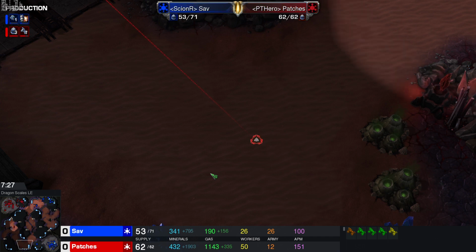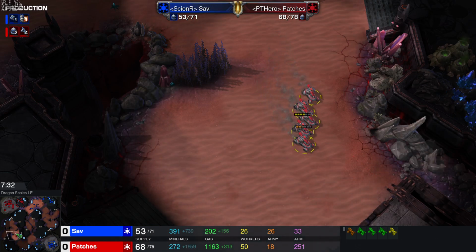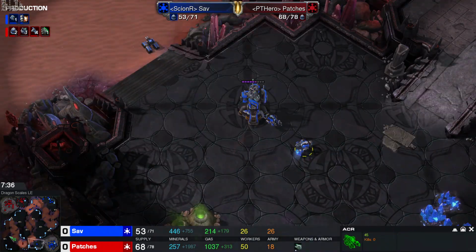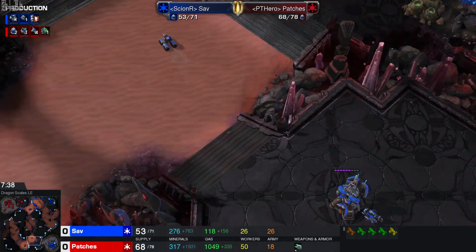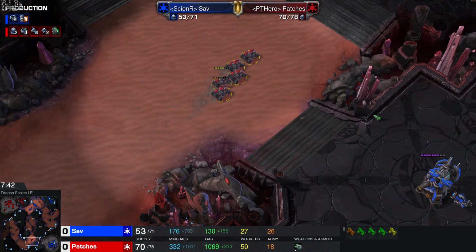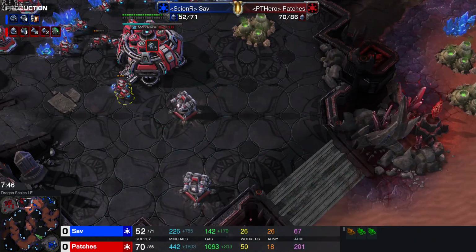Oh, he thinks that's the 3rd base. Yeah. A fair enough assumption, though. There's not even a natural. Okay, I think he's moving down to make a natural now. He sees the lack of a 3rd base. He's probably going to check here or move up the ramp. If he moves up the ramp, then Sav is practically toast, unless he can walk up this ramp and